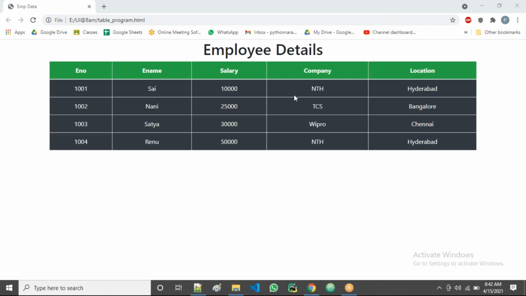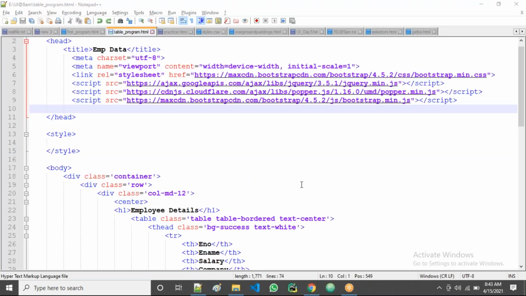So all of you clear this one, right? Now all of you are clear how to include the bootstrap, how to use the bootstrap classes. If we're clear, then guys, we'll go with creating a form. We have different classes like table responsive. There are so many. Those all we'll use slowly in the coming classes, guys.